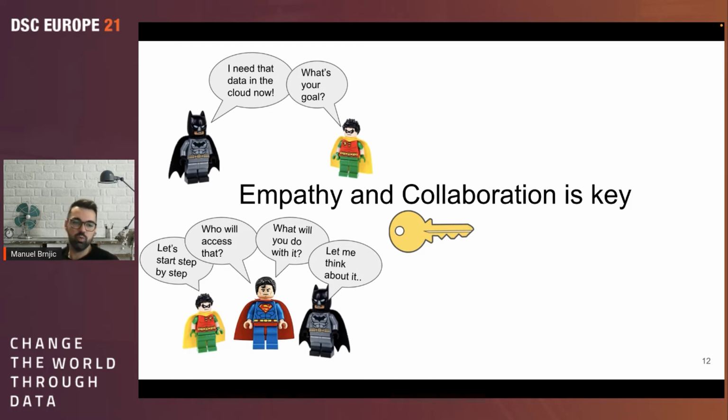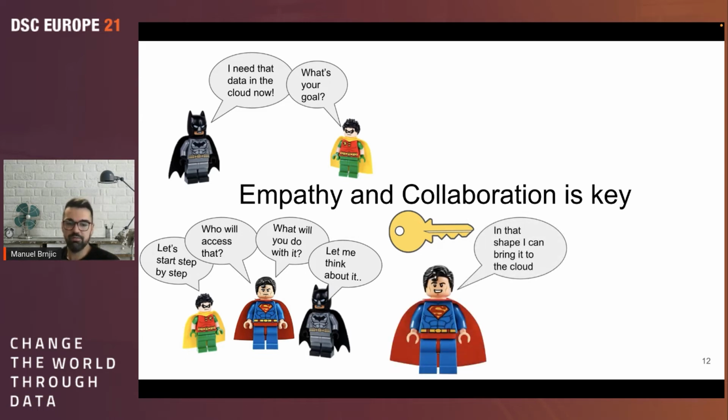Who will access that? What will you do with it? And then at the end, the data scientist who actually wanted to go to the cloud becomes a little bit sad and maybe answers, okay, let me think once again about it. Maybe I can figure out to get an on-prem solution somehow, and we don't need the cloud. So as a company, you really have to show some empathy, and you have to have those enthusiasts, maybe within that enabling team, within that first team, at least one guy who really understands what we are trying to achieve and why it's necessary, for example, to use cloud instead of comparable on-prem solutions nowadays.